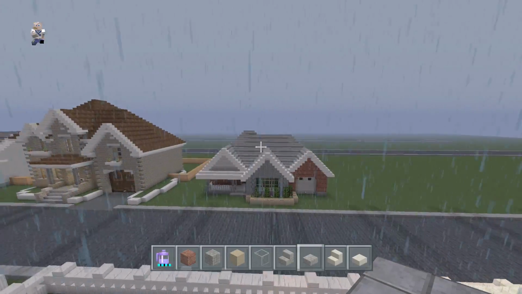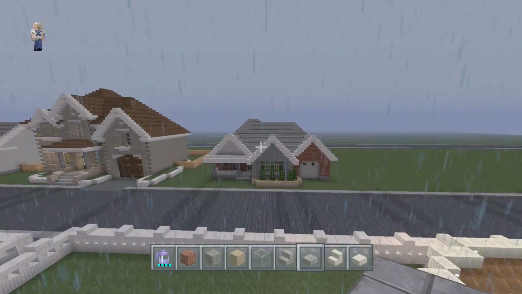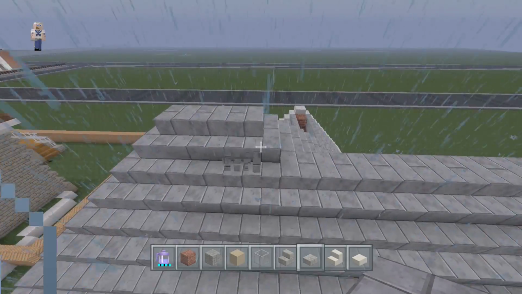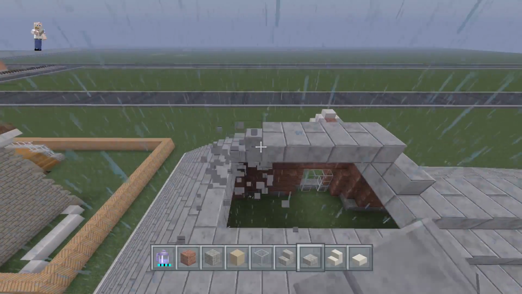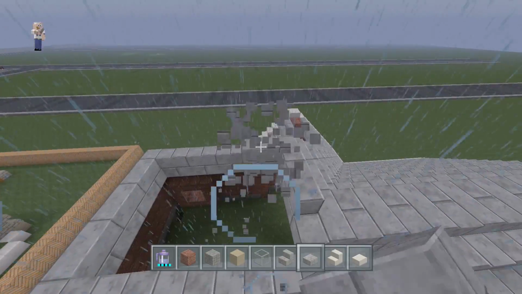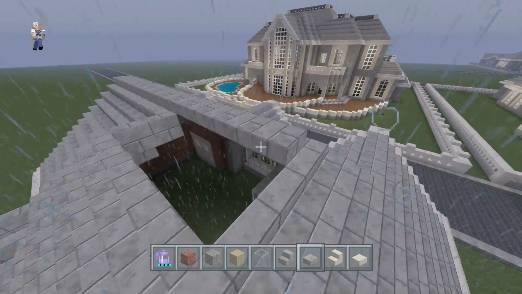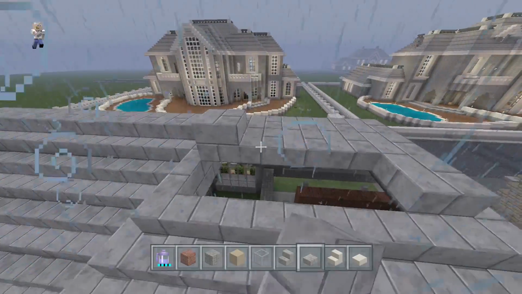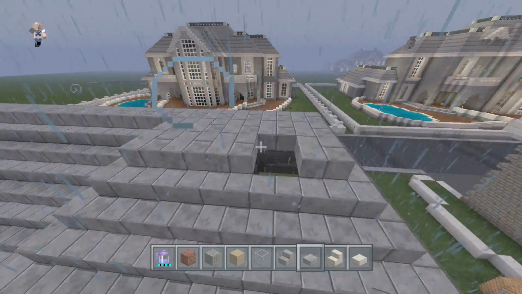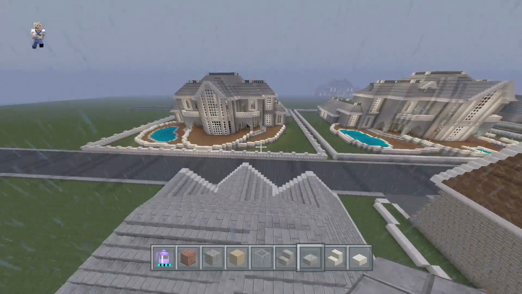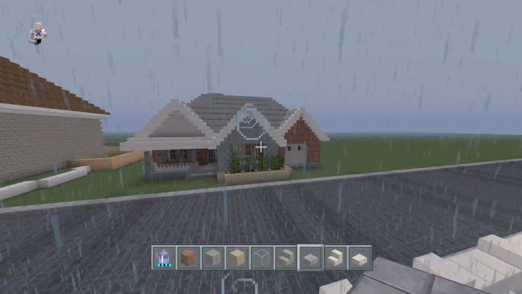Alright, so here is the house. I'm not sure if I like the point at the very top right here. So we might get rid of this and just make it into slabs. It just looks really weird having that entire thing there. So the top here we'll make into slabs. And maybe even the middle piece here, we can just go like this. That way it's not as tall. Yeah, that makes it look a lot better.